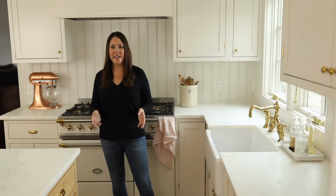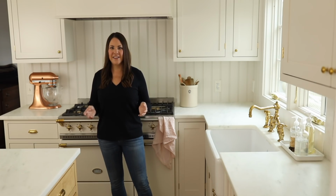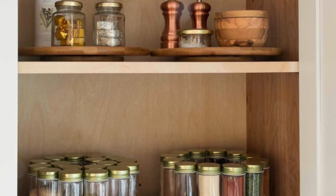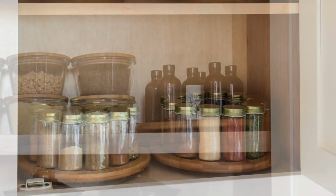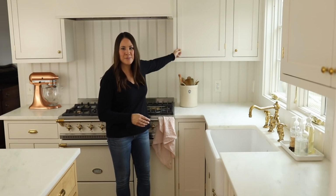If you have a small kitchen or you're just short on storage space, you can maximize space with just a couple of simple tricks. First of all, utilizing a lazy Susan. I don't know who Susan is or how she got so lazy, but I love her because they're perfect for getting to the back of the cabinet so you can have a ton of things in one place that won't tip over and get to it quickly. We use them here in our spice cabinet,